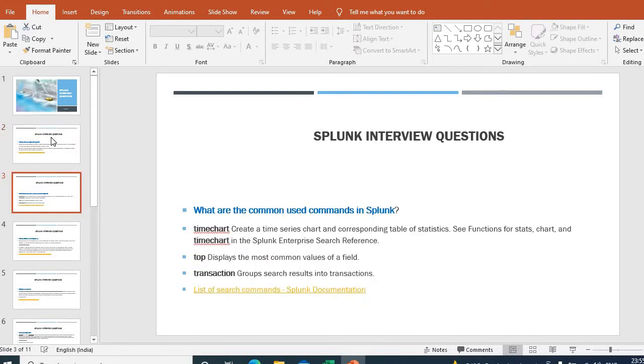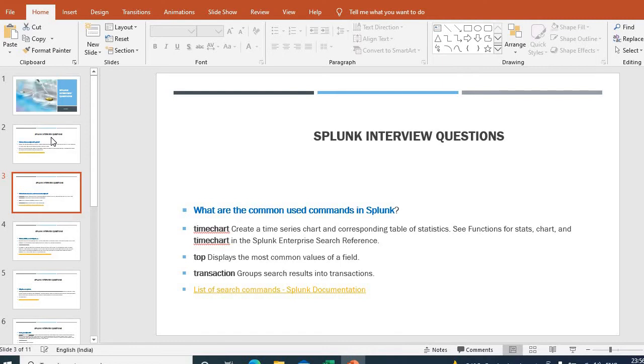All right, so what are commonly used commands in Splunk? Again, there are a lot of commands we'll be using in real time, like stats, chart, timechart, rare, top, transaction, everything. For all these commands you can refer to the link I have given below.